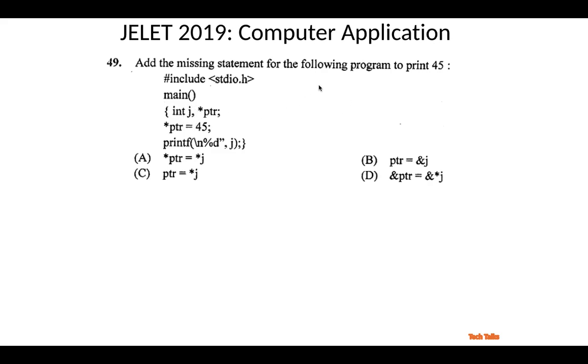There is somewhere some j, and the address of that will be given by this pointer. So how do we write this? The pointer is actually the address of j, and the address operator is ampersand. So we have to write ptr equal to ampersand j. That means the address of the variable j is kept in the pointer variable.